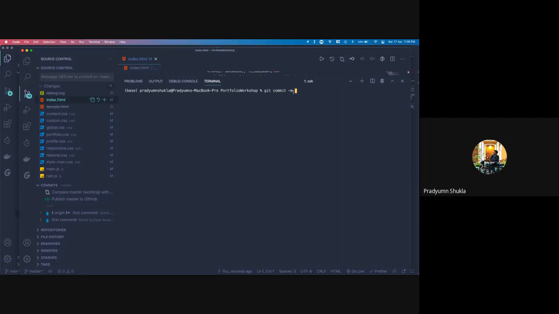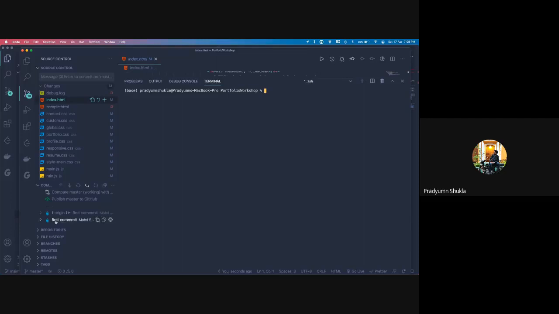So what you can do is git commit dash m, which is a message, the commit message. Let's say this is my first commit, or it can be something like added feature X. When you commit it, that commit will have a message right next to it, which you can see here. These are not my commits, and this is not my repository. This is Sufyan's repository, so I can't make a commit right now. I will tell you why later.